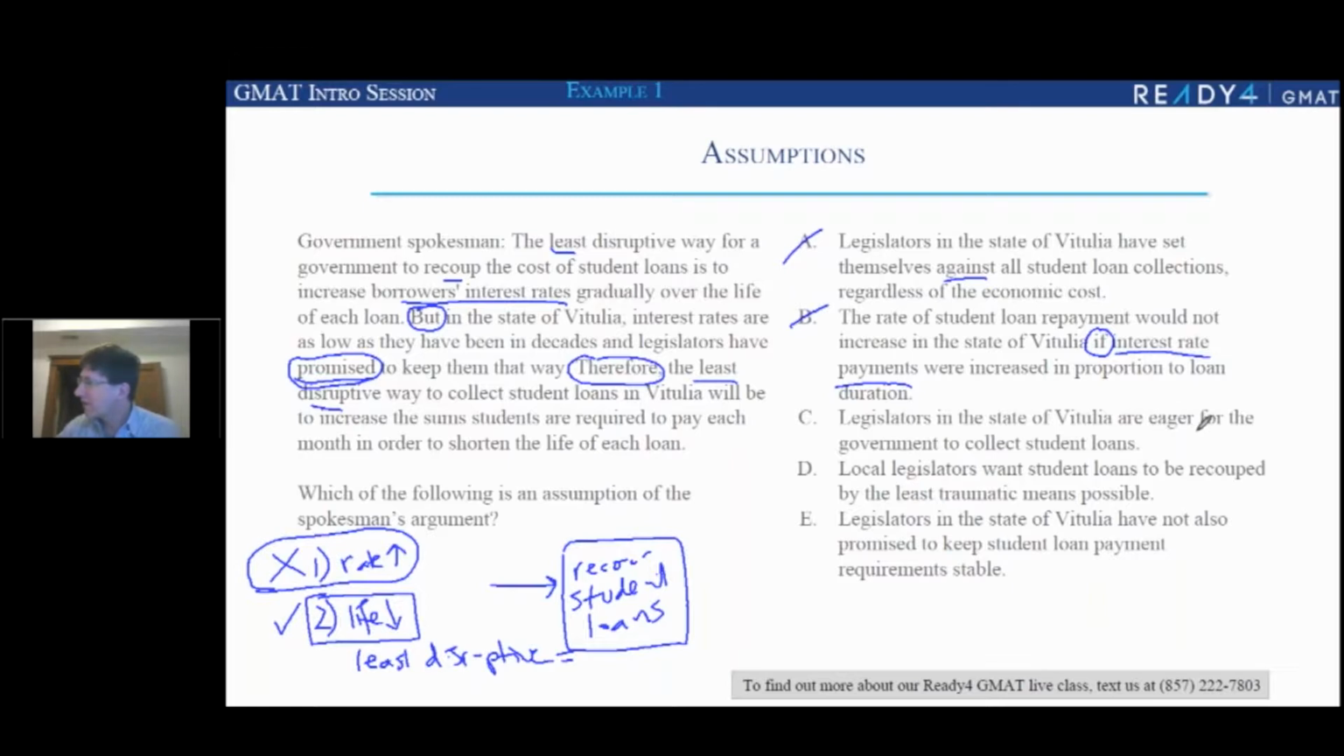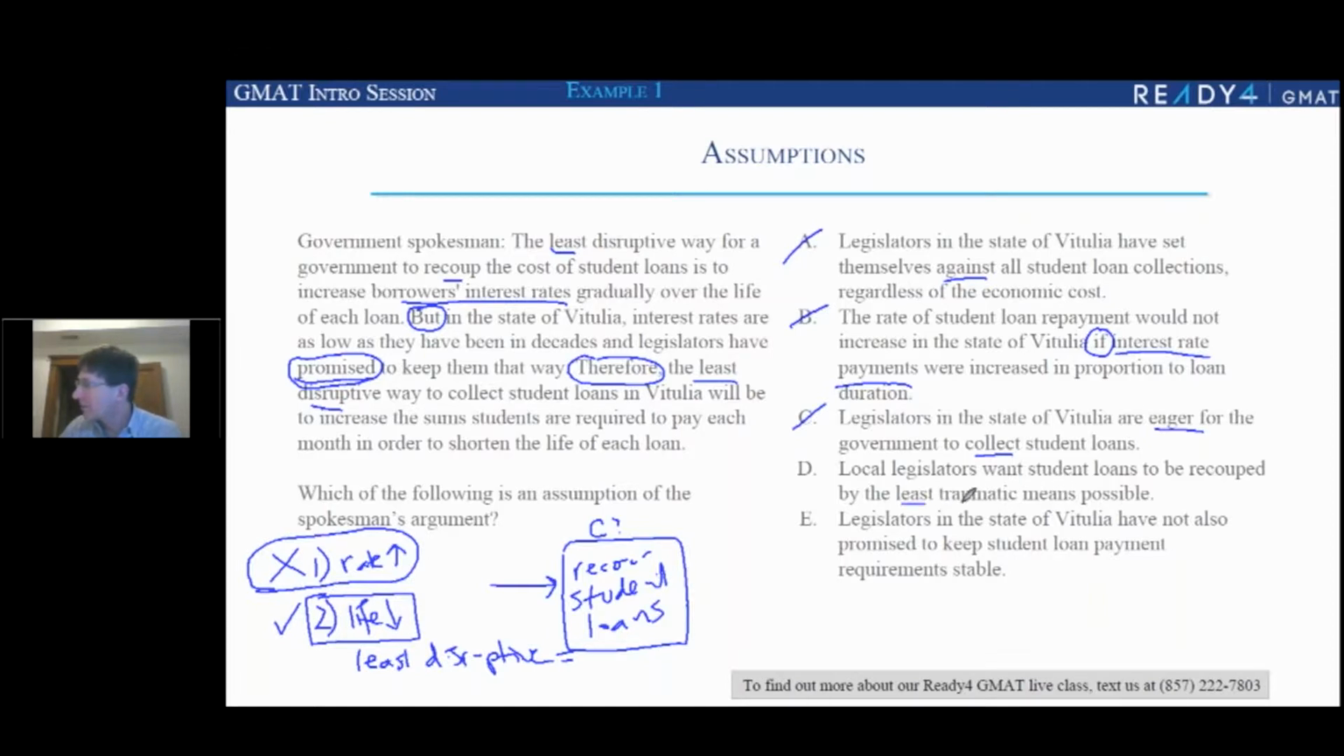C says that they are eager to collect student loans, and that's the goal of the plan. That's true. However, C doesn't tell us whether this particular method to achieve that goal is disruptive or not disruptive. So C is not the answer. It's just telling us that this is the thing that they want to do. This is the problem they want to